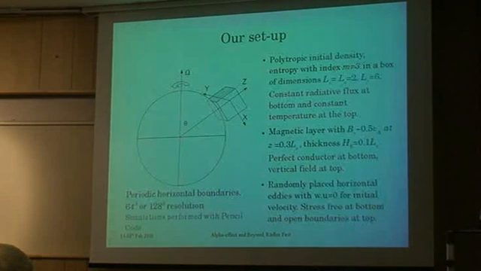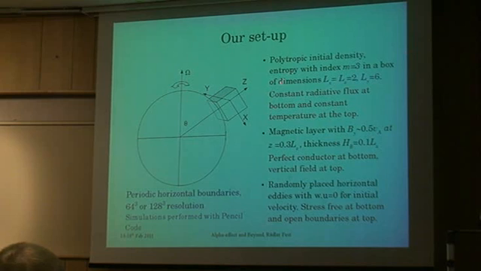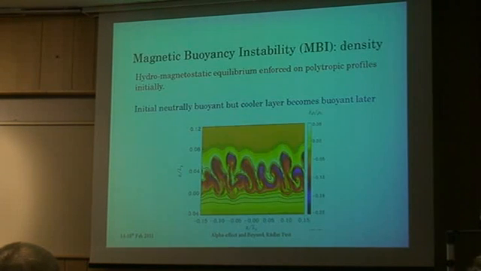We may have forgotten to mention that we use polytropic density and entropy profiles with a polytropic index of m equal to 3, which means that they are highly stabilized, and we don't want any influence of convection in this problem. When we introduce the magnetic layer, we actually disturb the hydrostatic balance of the polytropic layer, so we make the layer neutrally buoyant: we don't change the density, but we cool it artificially, so that the layer initially has the same